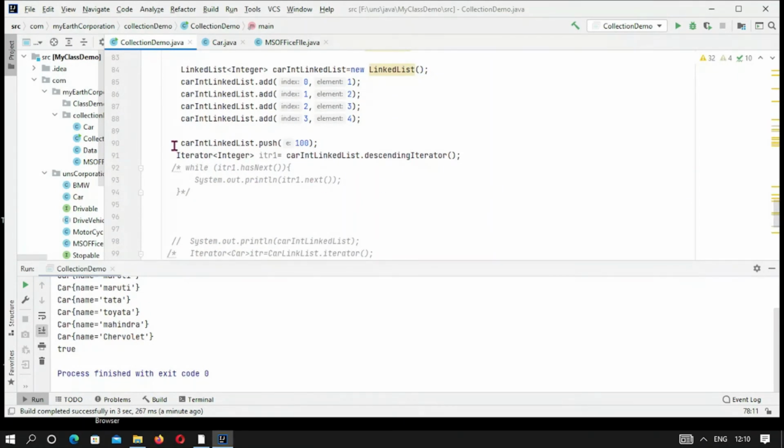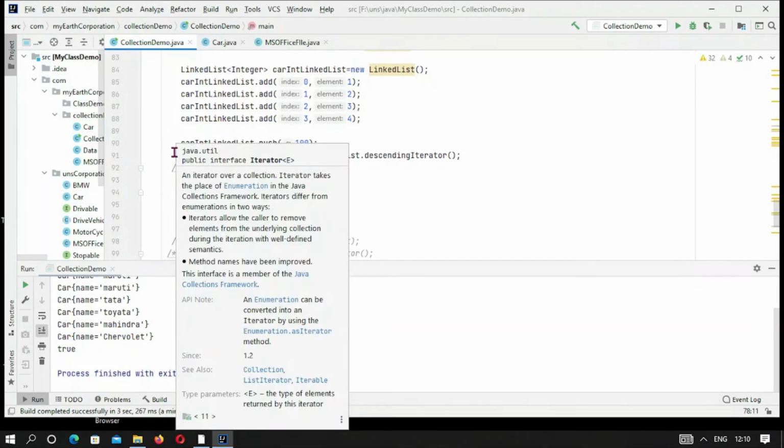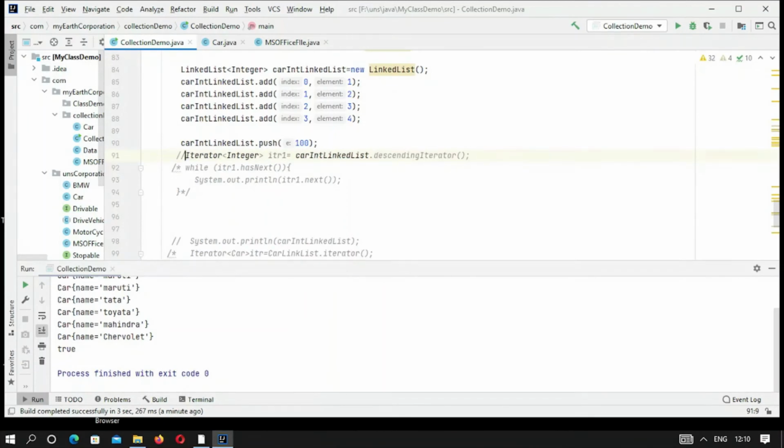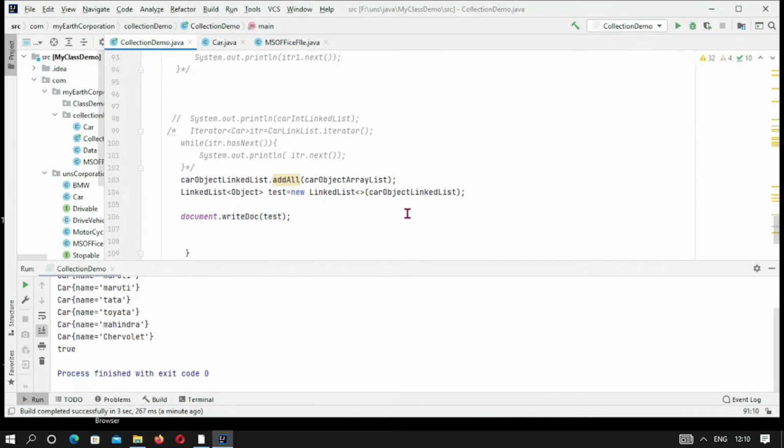So first comment it out, no need of this iterator, descending iterator. This is the car object linked list, and here the car object array list. This is the method available in linked list, that it can add all elements of a collection, and that collection is the car object array list.